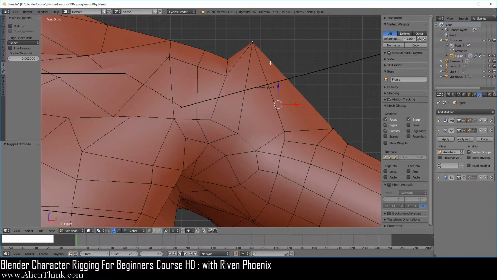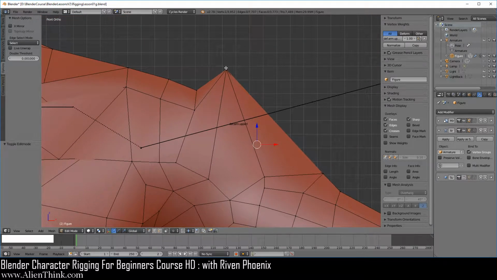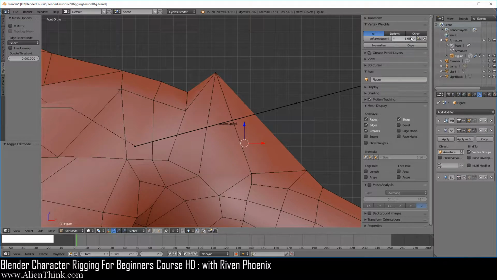Okay, now go ahead and zoom in. So when you have this vertex selected, notice that when we change these numbers, nothing is happening to this vertex. The reason again is because this vertex only knows to do one thing, and that is simply follow wherever this bone goes, using this vertex group. But the way it works is that when you move these values down, the vertex should be moving. So go ahead and put this on 1.